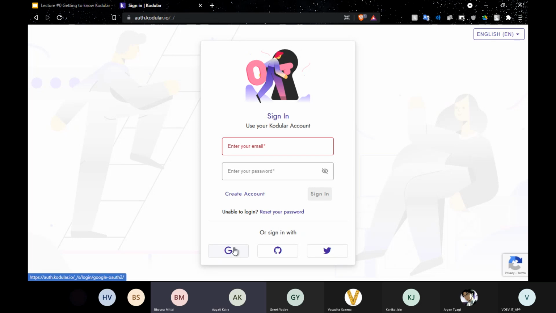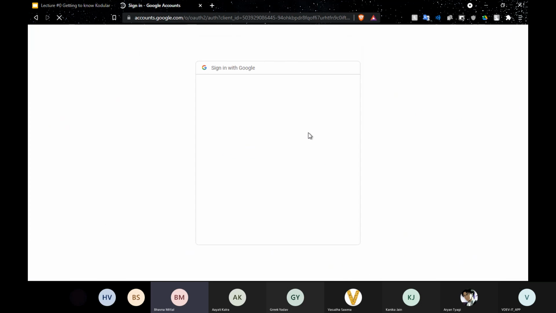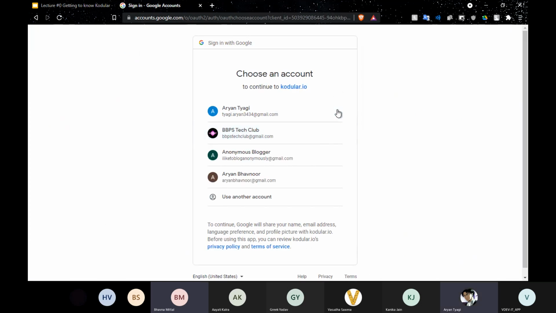Okay, then you can see there is a create account option here. You have to click on create account. Vasudha, you have to click on create account. It will open the options for entering your name and email ID. Ma'am, actually, they can directly click on sign in with Google. It would be a lot shorter process. Okay. So if you go for sign in with Google, you can select any of your Google accounts.